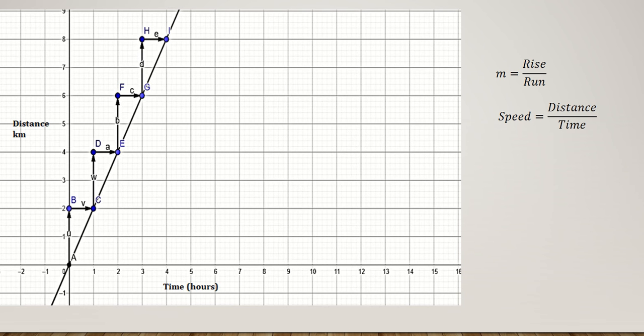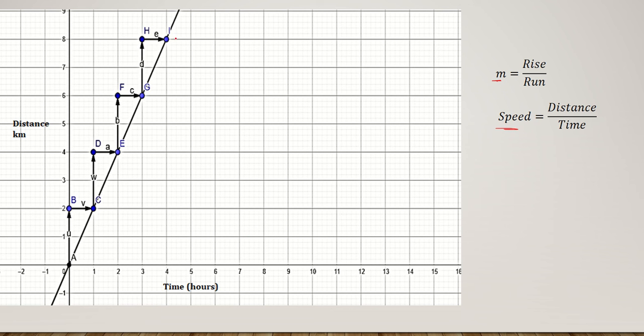Now let's talk about the gradient in terms of distance time graph, and the gradient of this distance time graph is speed. So this gradient is turned into speed now. When we plot a distance time graph with a straight line, we can say the speed is constant. If the speed is not constant, we are not going to have a straight line graph. When the speed is constant, at every point the speed will remain the same.